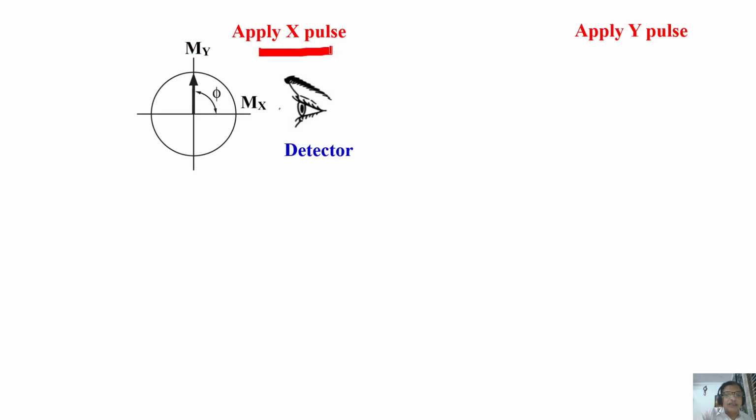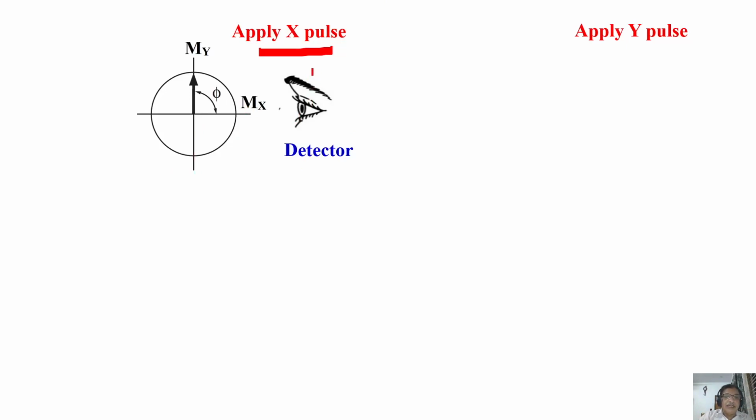Let us say this is considered to be the X axis and this is the Y axis. Now the magnetization has come to the Y axis. So which direction do you have to apply the pulse? Because the Y axis is this side, X is along this axis, magnetization along this axis. Imagine a three-dimensional axis. Now my detector is here and magnetization is along the Y axis. So what did I do? Apply an X pulse, magnetization along the Z axis, curly fingers you see, it came to the Y axis.